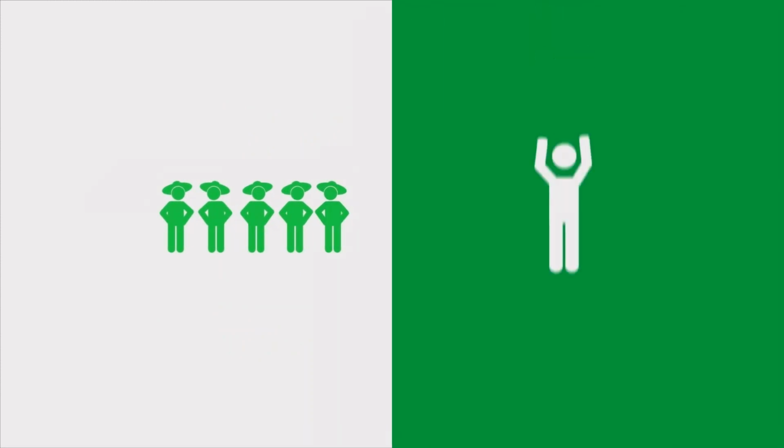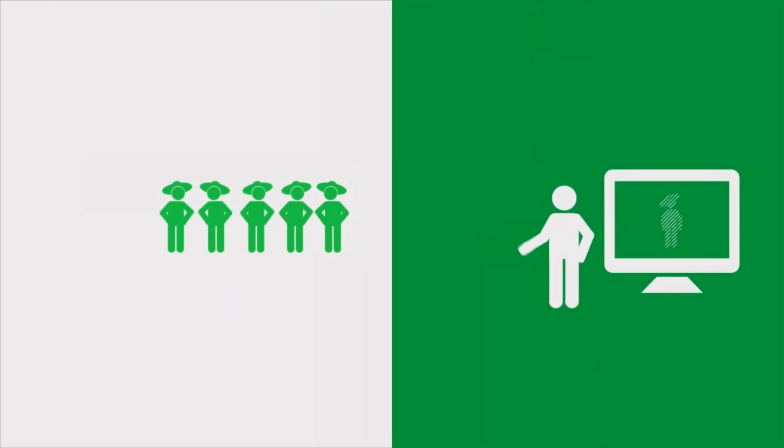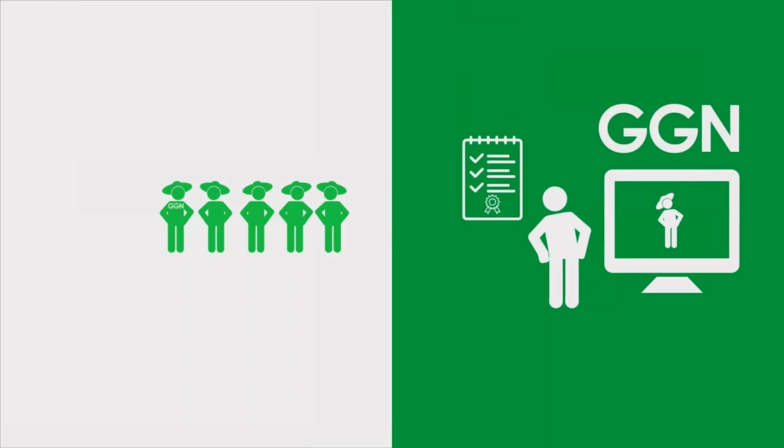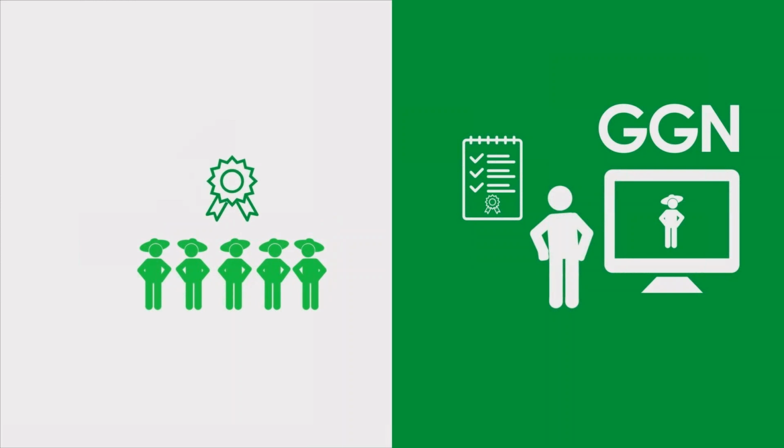Each producer member of a group receives its own Global Gap number, GGN, but only one certificate is issued to the entire group after a successful external audit of the QMS and random sample inspections of the producers by a Global Gap approved certification body. The members of the group are included in the annex of the Global Gap certificate.